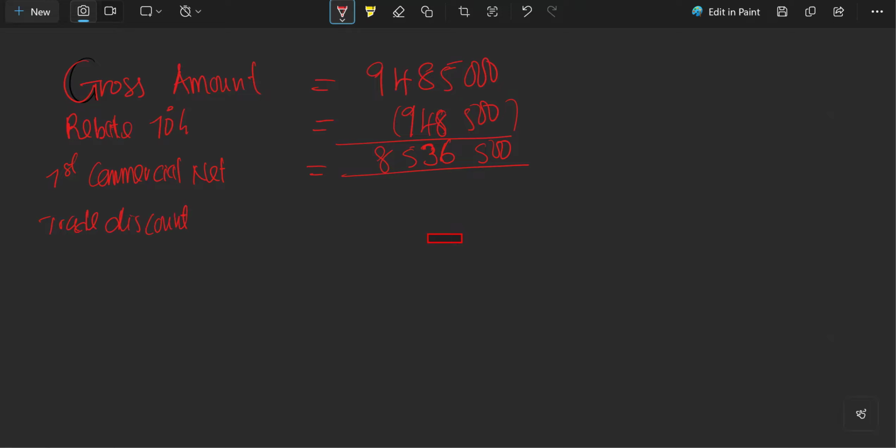Our trade discount was 20%. So if we calculate 20% of that amount, it should give us